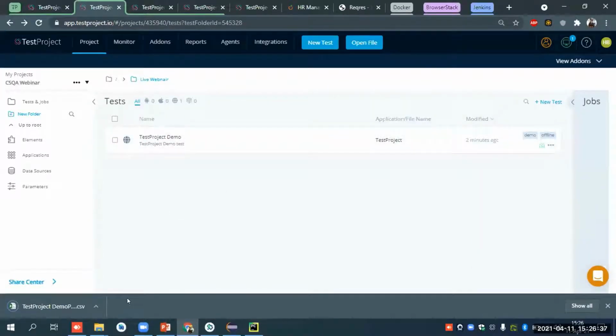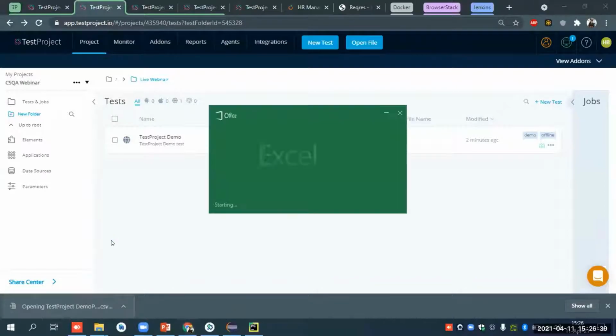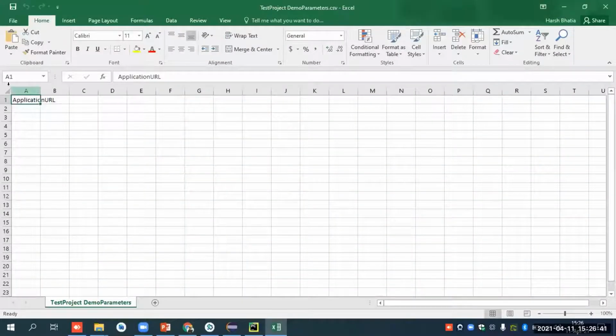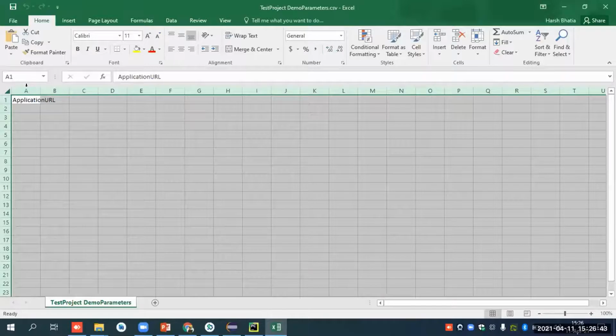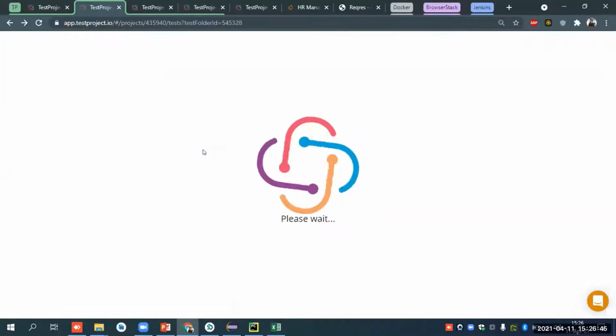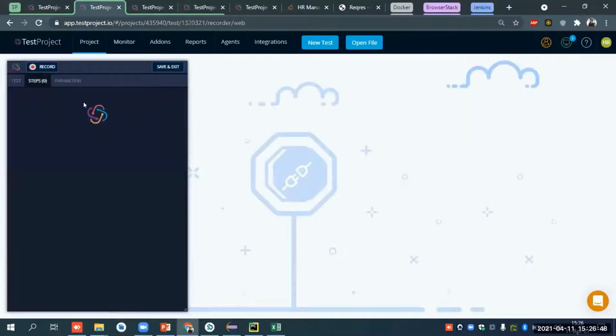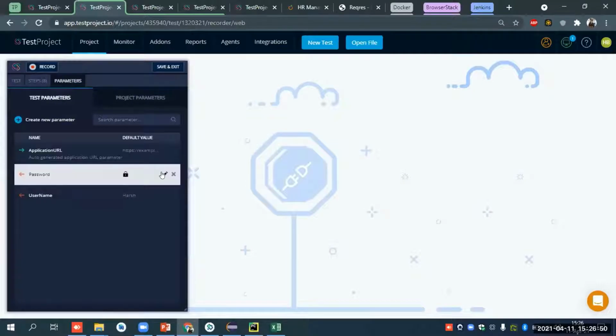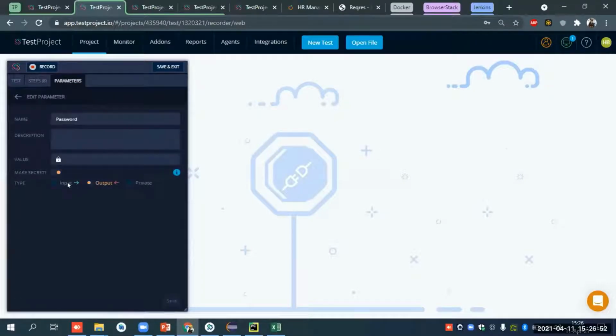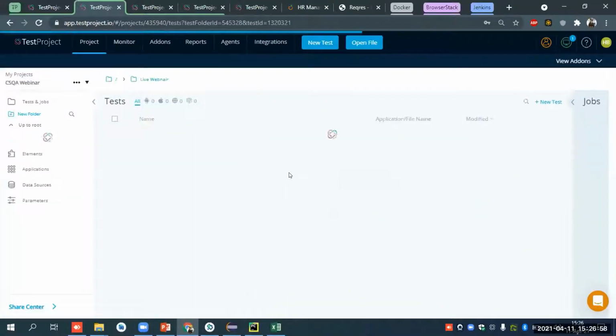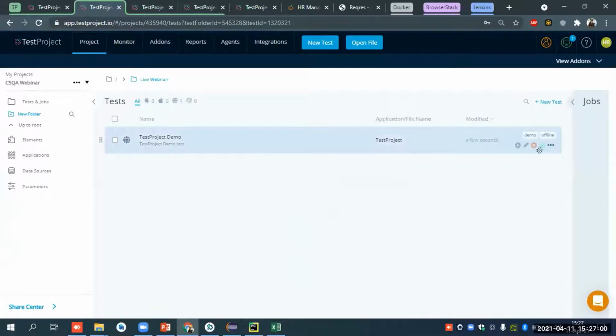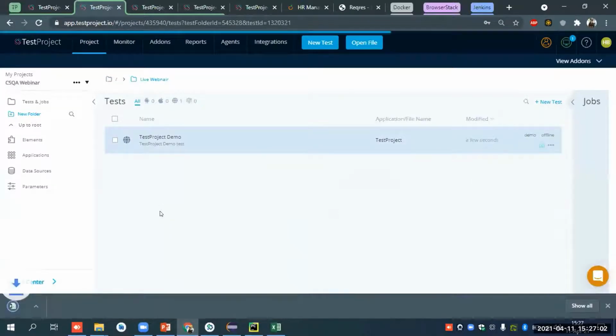Okay, so it has downloaded the template file. We have selected the parameter as the output, so that's why it's an option. We have to mention it as an input parameter. Then I will click on the CSV parameter files.